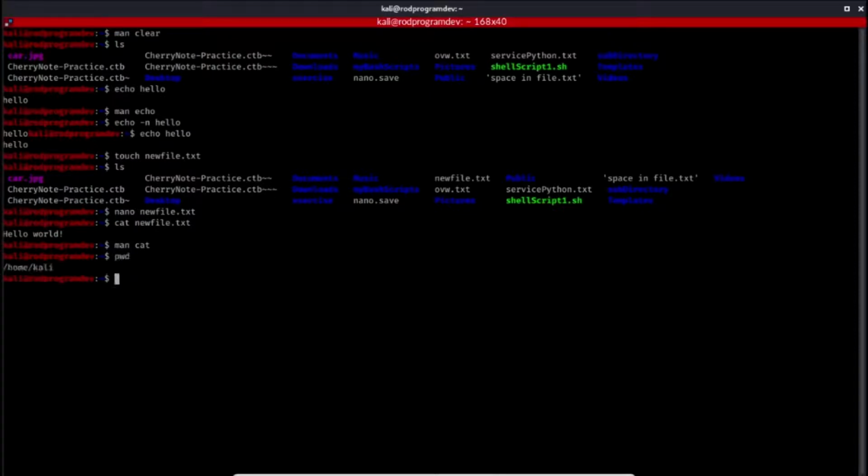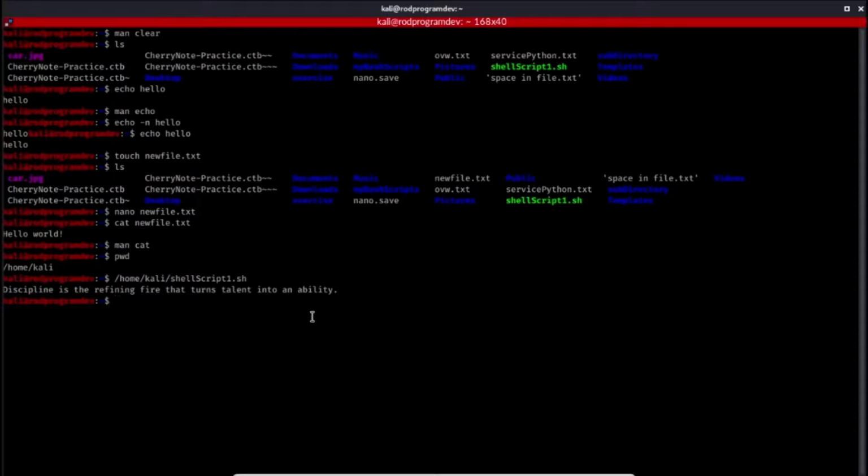Let's first pwd this, and we know that home kali is the full path. So I'm going to need to type home, and again I can use the tab key, then kali, and then the current directory from where we want to execute the file. That will be here in the current working directory. So that means the shell script 1.sh. We know that this is a shell script because it has the extension sh here. And if I try to run this,